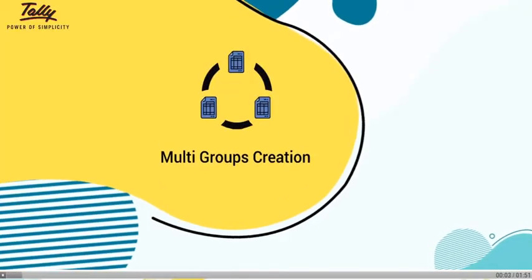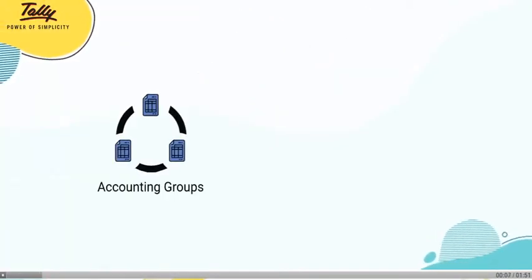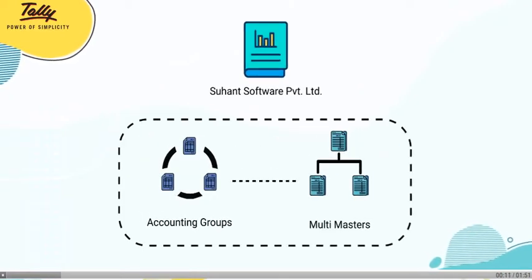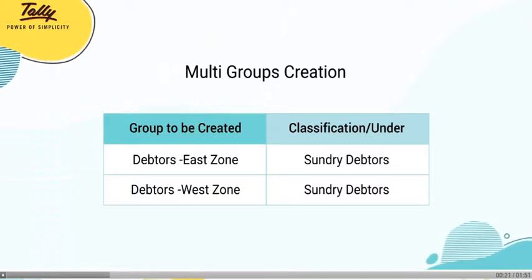with how to create multi-groups. Let us illustrate the creation of accounting groups using the MultiMasters option in the books of Suhan Software Private Limited. With the details given in the table, let us create the groups as Debtors East Zone and Debtors West Zone